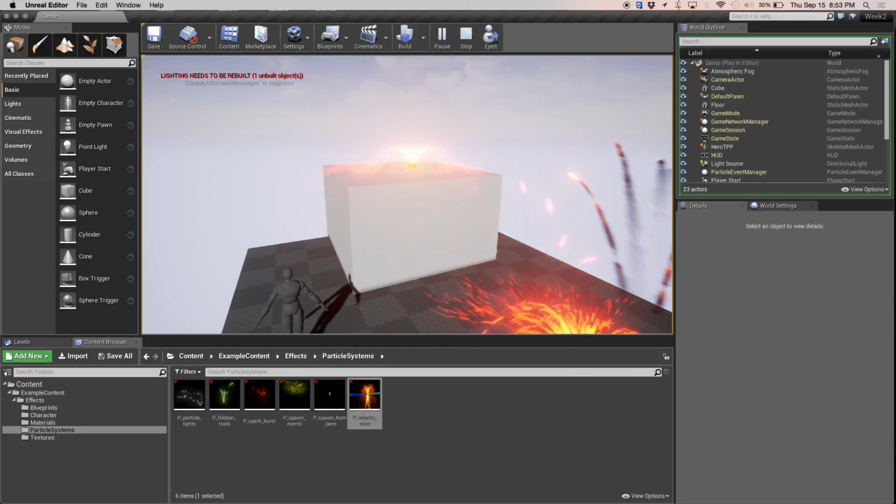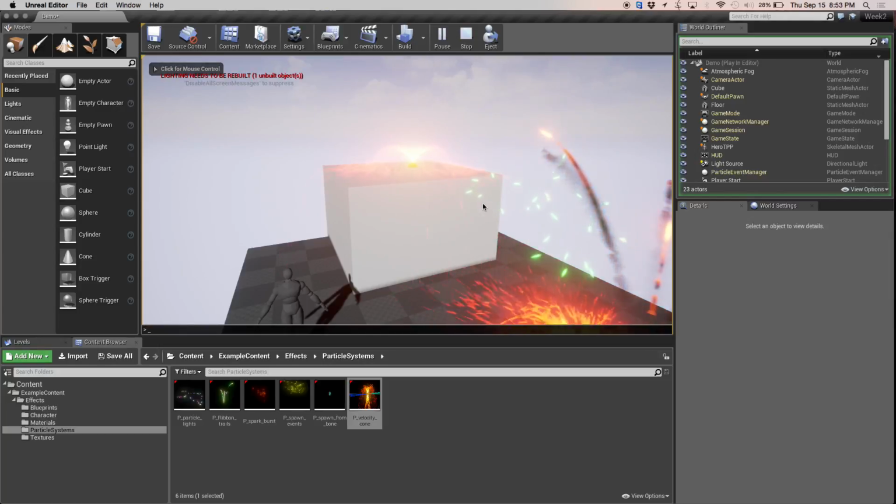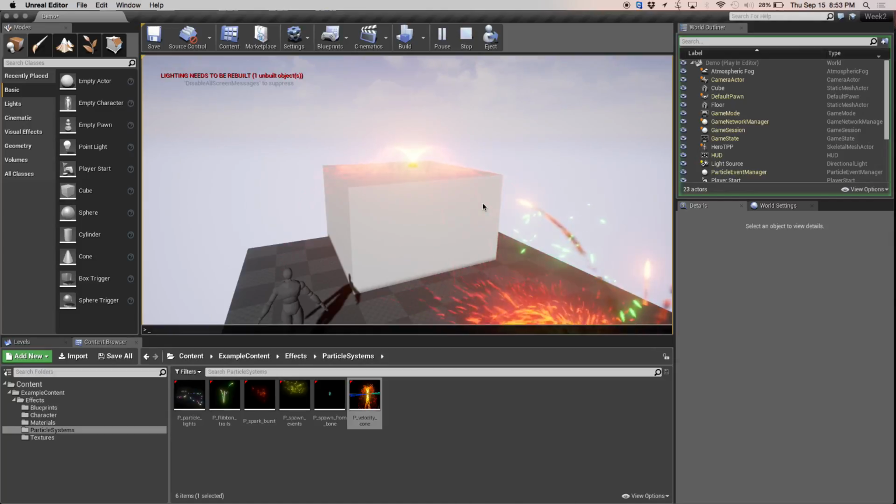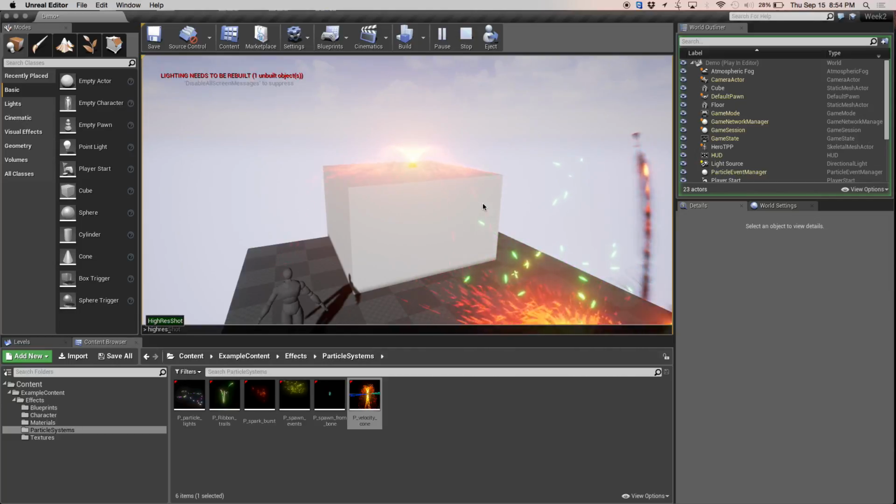So, I'm going to do one thing. Just bear with me on this, and I'm recording this. I'm hitting the tilde button. The tilde button brings up my console, my log, and I can give it commands, and it's going to autocomplete them for me. I'm just going to start off with the word high res, and it says high res shot. This is a console command for doing a high resolution screenshot. Then you give it a multiplier. I could say times 8, and it'll give me a screenshot that's 8 times the size of the resolution here, which is another cool feature that Unreal has.